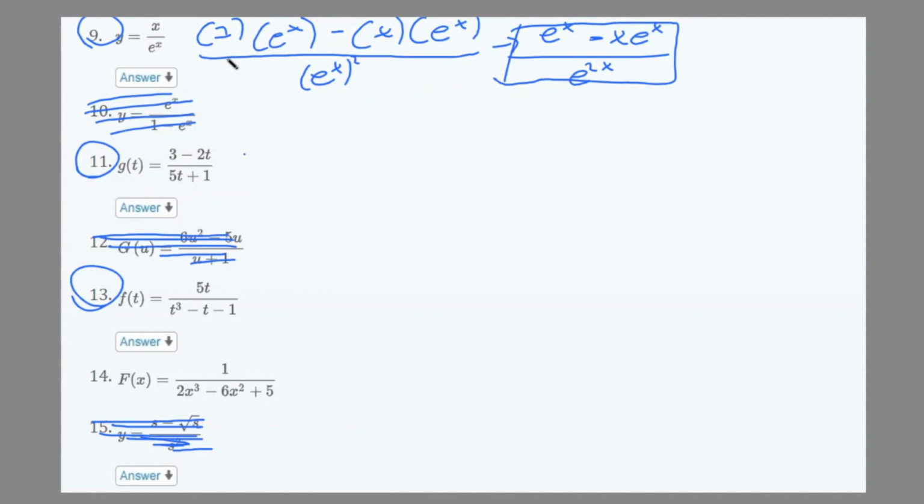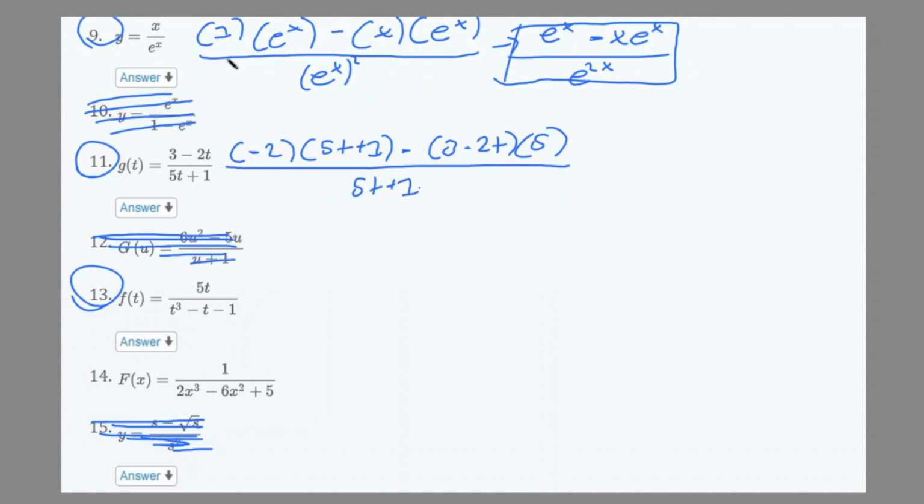Let's try number 11. Number 11 is g function of t. So f prime is -2, and then 5t plus 1, and then minus 3 times 3 minus 2t, and g prime, which is 5, and then all that would be over 5t plus 1 squared. So if we simplify that, we would get